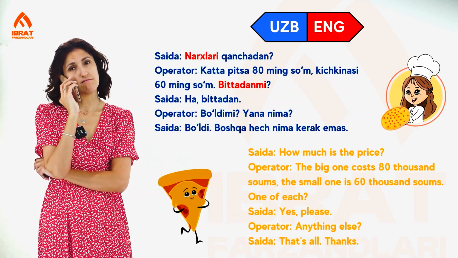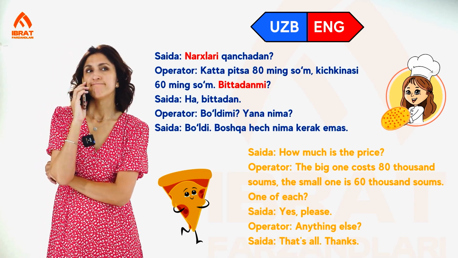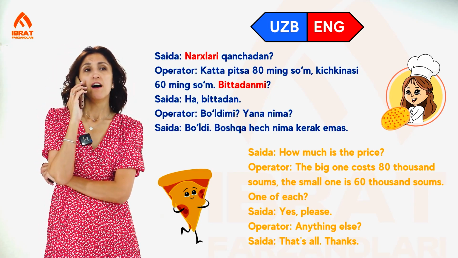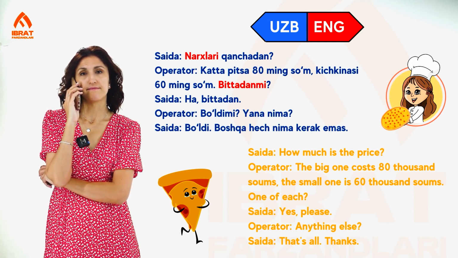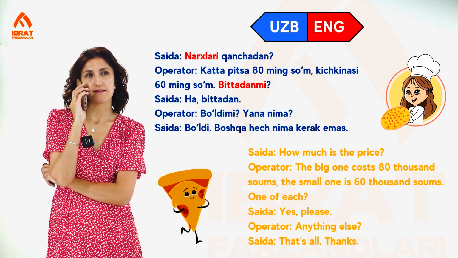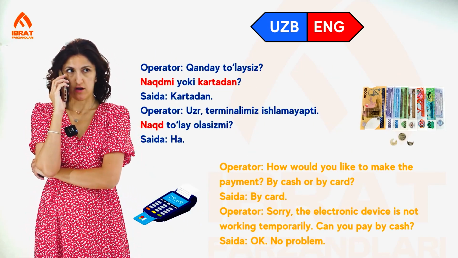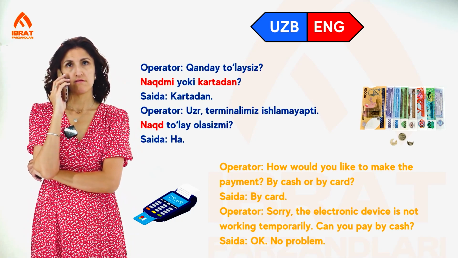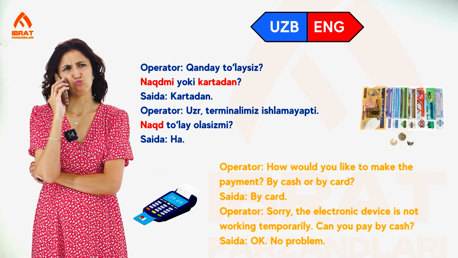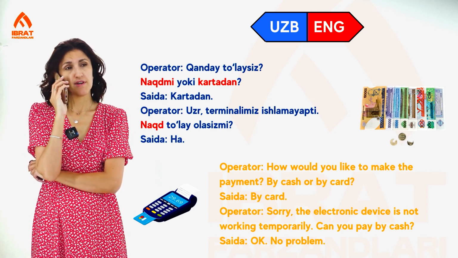Narxlari qanchadan? Katta pizza 80 ming so'm, kichkinasi 60 ming so'm. Bittadanmi? Ha, bittadan. Bo'ldimi? Yana nima? Yo'q, bo'ldi. Boshqa hech nima kerak emas. Qanday to'laysiz? Naqdmi yoki kartadan? Karta. Uzr, lekin terminalimiz ishlamayapti. Naqd to'lay olasizmi? Ha,